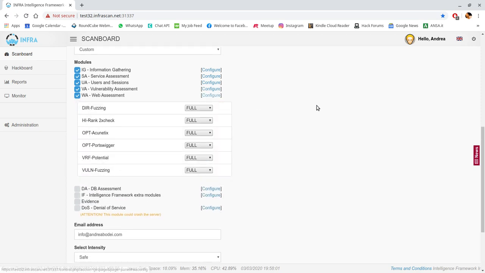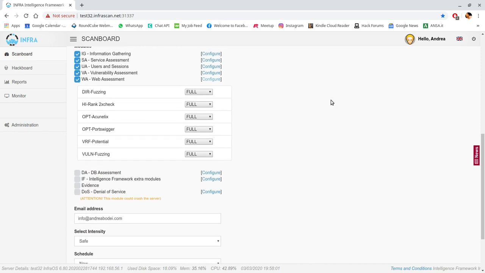Web assessment is the most important part for us, because even if we find more vulnerabilities with the different NAS databases, we not only use the database. For example, we use fuzzing. Defuzzing and vulfuzzing are very useful because we do like a brute force of the variable input, and in this way we can find a lot of problems. For example, examining the output of the server, for example, an error output, or a no output or a slowing down, we can imagine there is a problem of denial of service or SQL injection or some